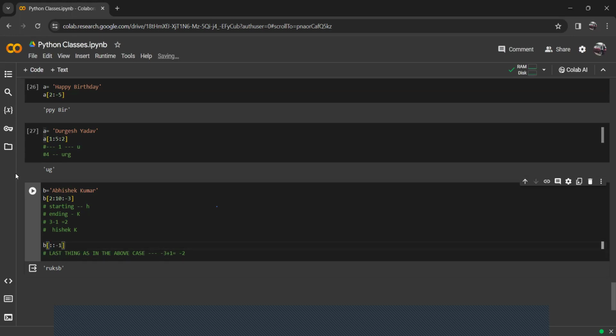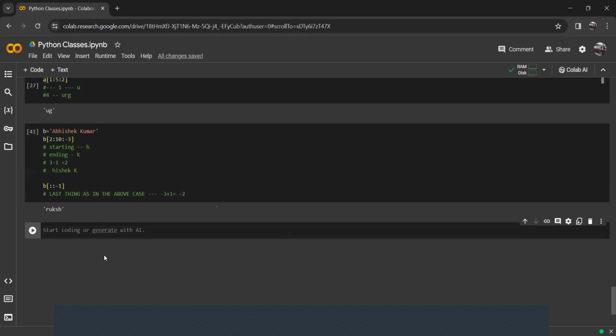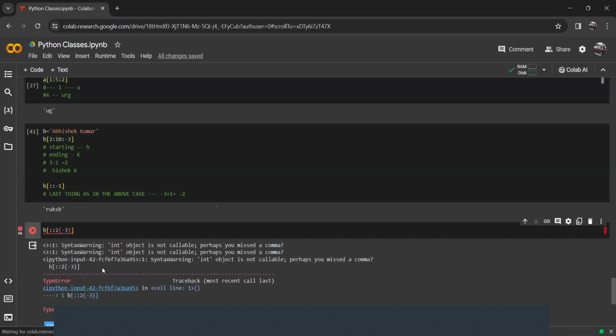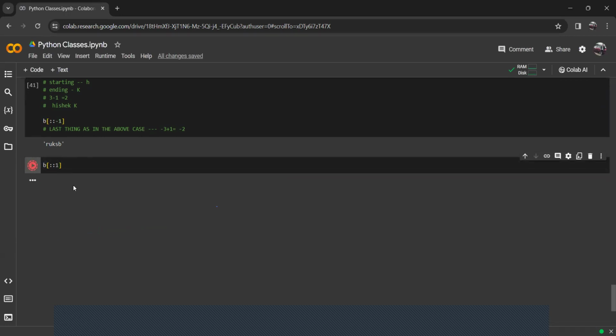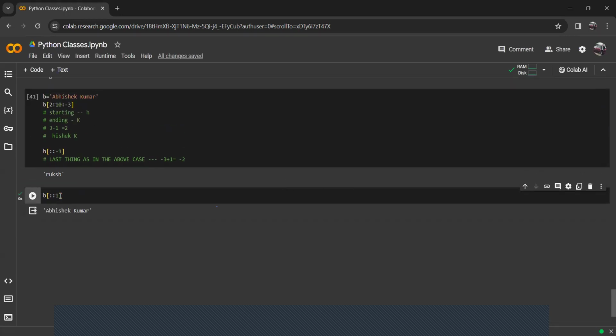Okay, so Hamza has given me something to run. Let's take that. B is equal to Abhishek Kumar. He wants me to do B colon colon 2 -3. See, Hamza, you cannot do it like this. You have to write an integer value here. Now, if I am writing colon 1, then see what will happen. Abhishek Kumar, if I'm writing colon 2 here,